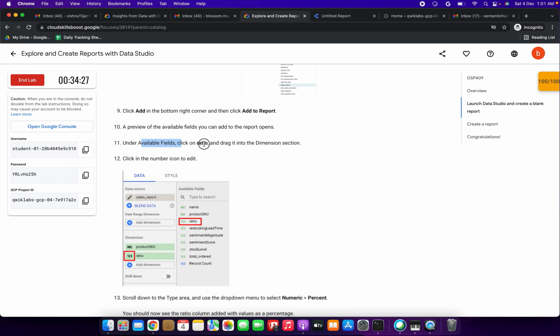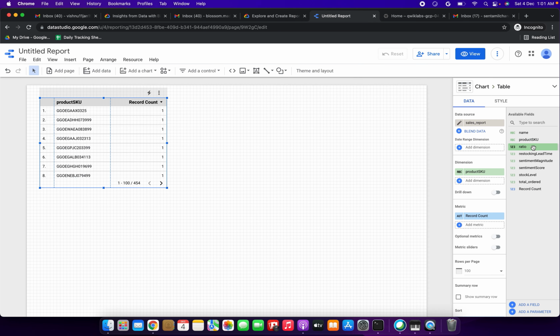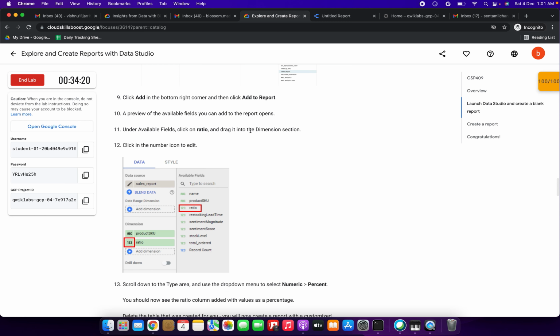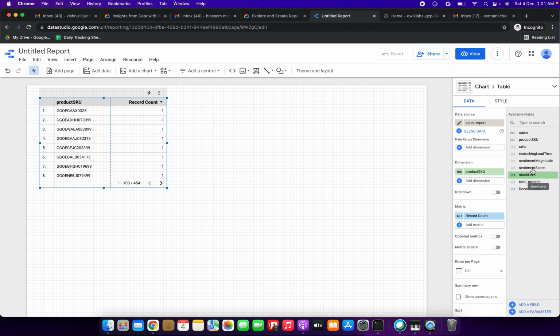So next step, under available fields click on ratio. So now click on ratio and drag it into the dimension section. So just click and drag, friends, that's it. Just click and drag, put it on add dimension. I have put it wrongly, I guess. Okay, I am putting